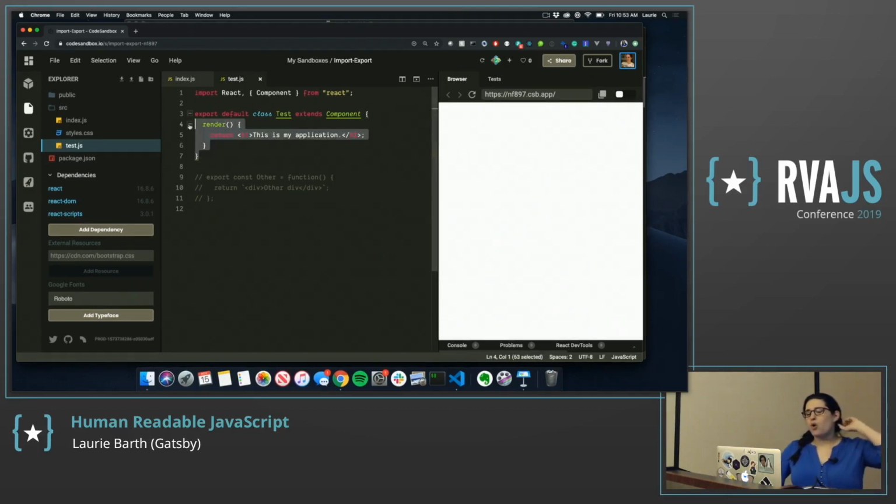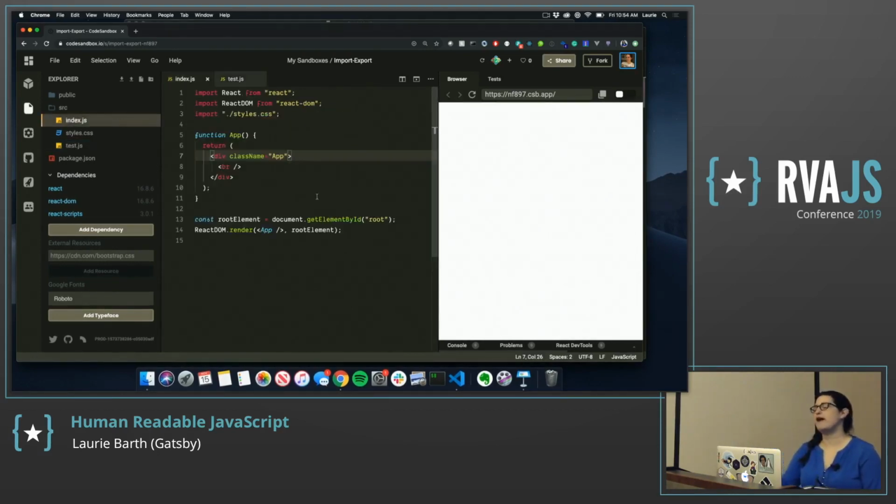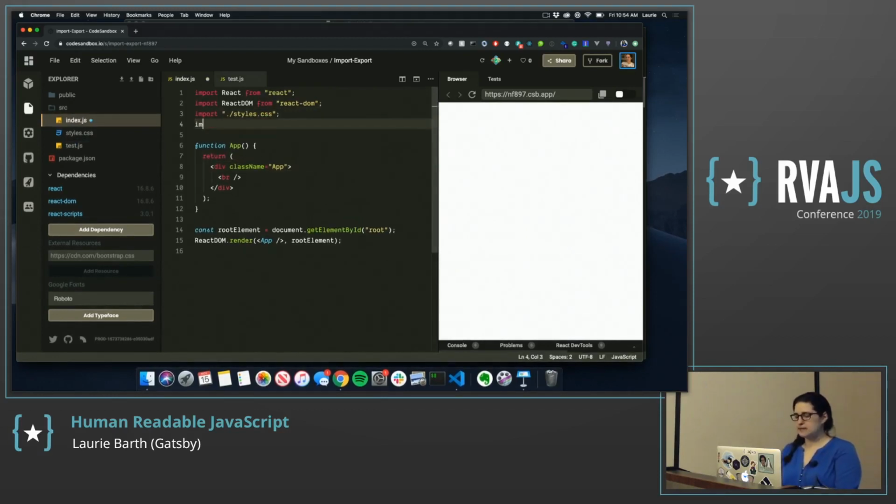So we are exporting a component here. I'm using React just as an example. That's not the only version of JavaScript modules that exists. But we're exporting this component, and we're using the default keyword. You can use this once per file. You can only have one default, but you can use it. And it means that when you import test from